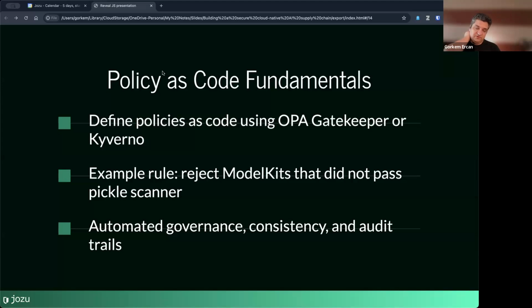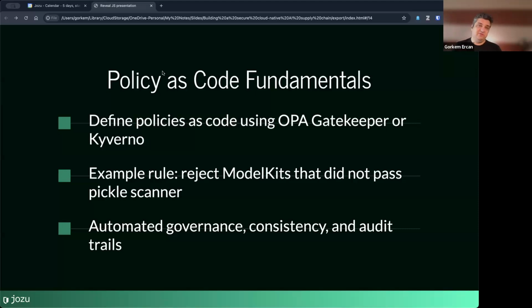If you have ever used the policy agent or the OPA Gatekeeper or some tool like Kyverno, you can define policies as code, essentially something like Cue or Rego files, and you can give rules for your containers and your configurations in your Kubernetes clusters.